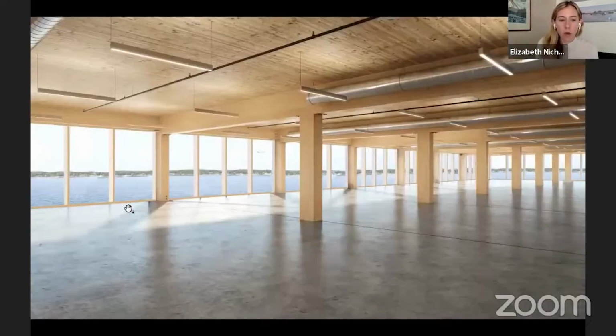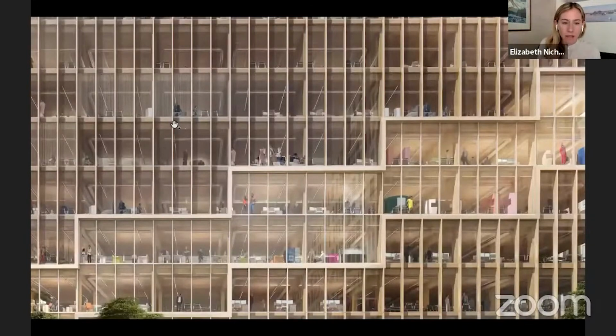And we wanted to create this feeling that the lamellas are running straight up beyond the perimeter beams here. And we definitely worked to make sure that, this is another thing that, until we knew what the timber manufacturer was going to be, there were a couple of other things we couldn't